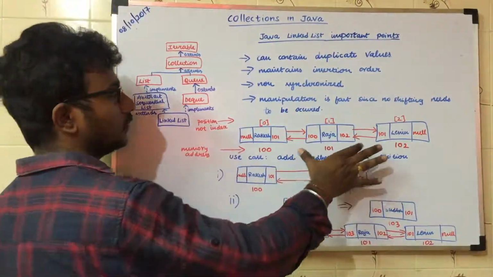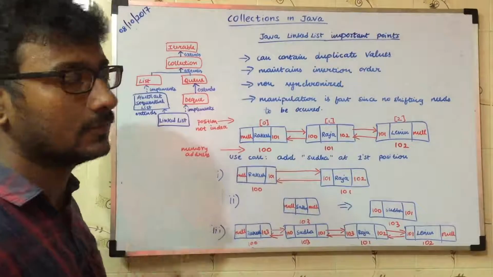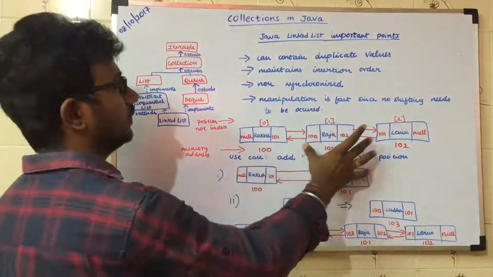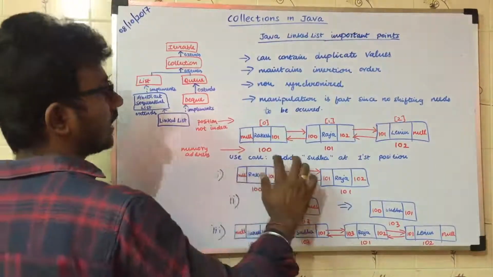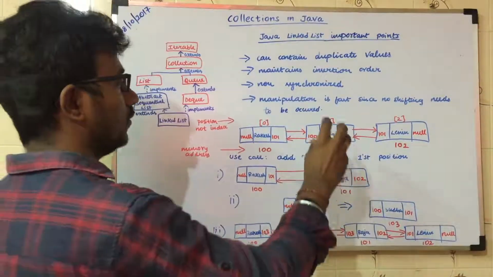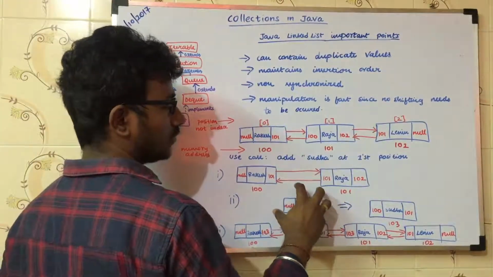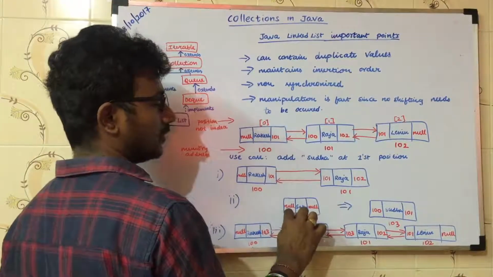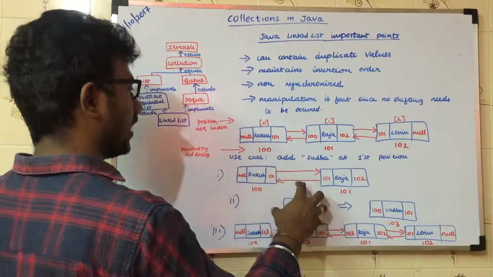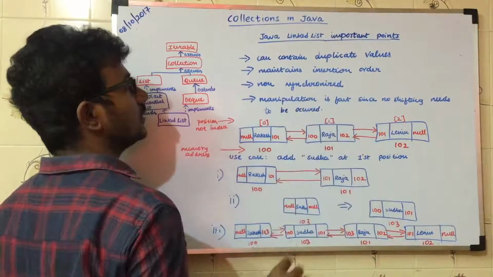I have already explained this doubly linked list structure in the previous video. If you haven't watched that video, please go and watch it and come back to this video. So the use case is to add Sudha at the first position. What we are trying to do is create a Sudha node: Sudha, previous node address null, next node address null. So if we need to add this Sudha node here, then